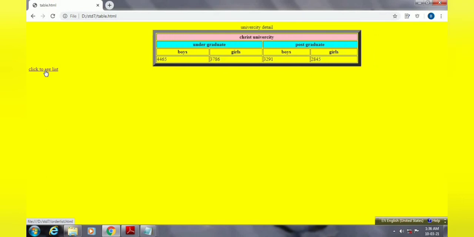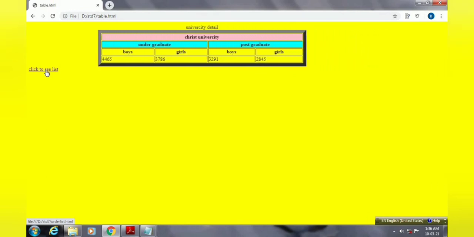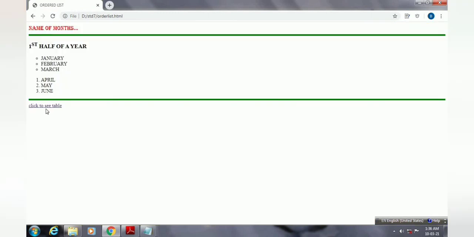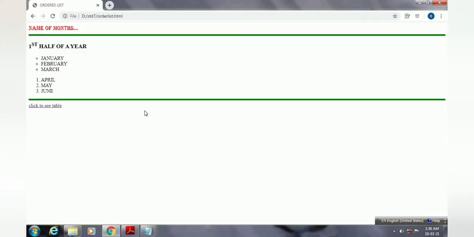If I click on this link, will I move to my list or not? See. So this is known as a crossed link, just like a previous and back button. See, now we came again to our previous file. Now if again I click, I will move to the table. If again I click, I will come back to my page. So this is known as crossed link web pages. We have created the link in two web pages to move from one web page to another web page. So I hope you understood the concept of crossed link web pages.